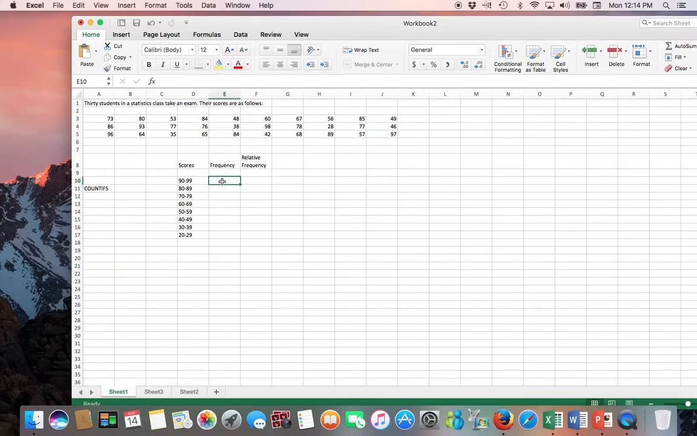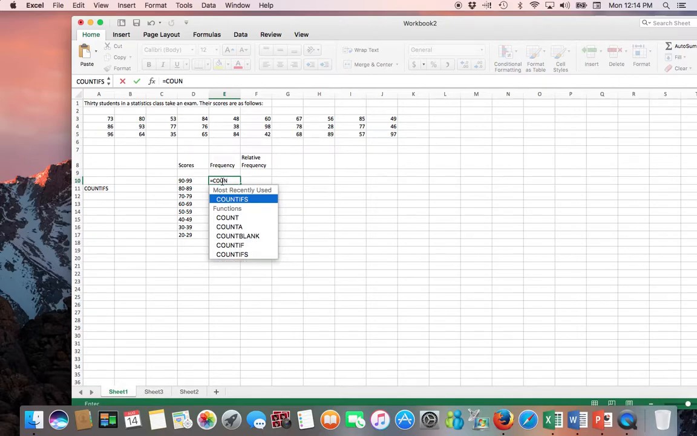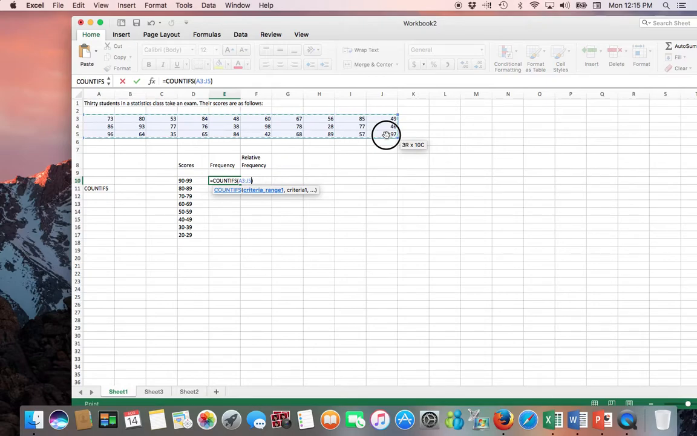So if you start to type it with the equal sign and you hit it, it's going to ask for a criteria and a range. The criteria is the data set of 30 points. So you highlight that, comma, the range on the low end of this row is 90. So it's, let me back up, put a quotation mark, greater than or equal to 90, quotation mark,